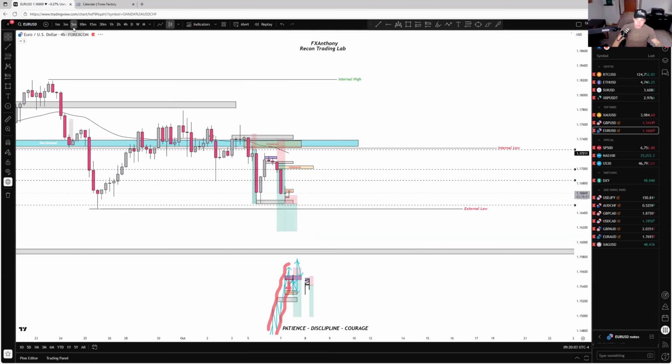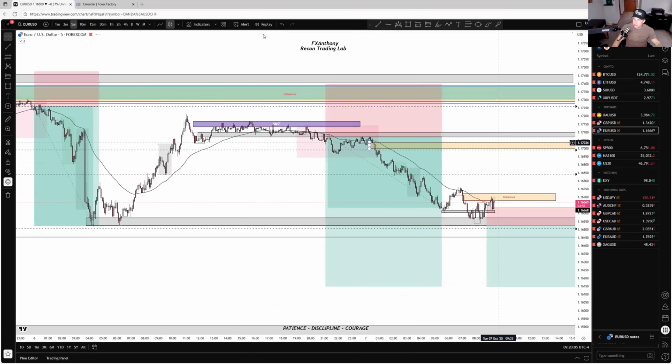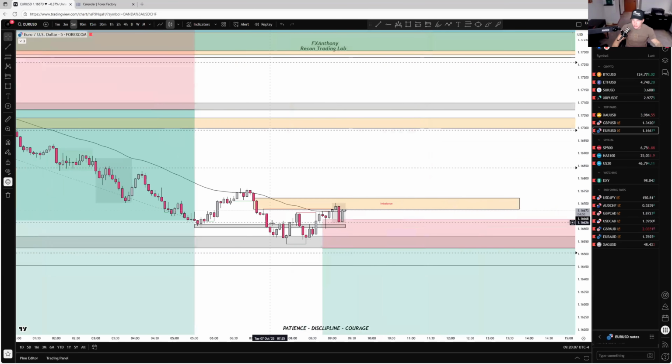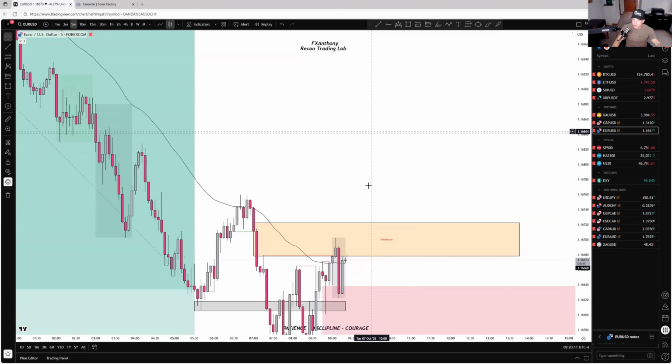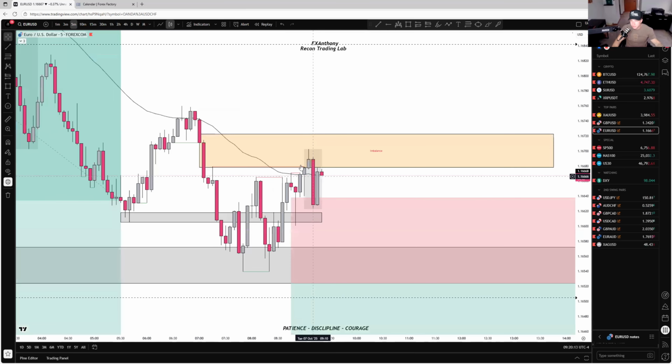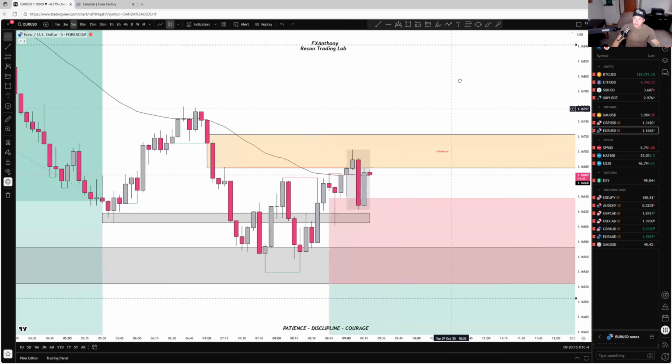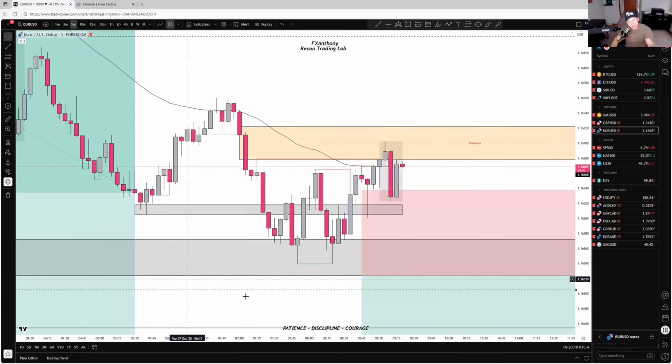20 minutes in. Price has created the buys right here. Look at this. The buys are here, but it's a counter trend trade. So we're not going to take the buys because that's ridiculous. But let me draw it out for you. We're on a 5-minute time frame. If you can't see it on the 5-minute time frame, zoom in and look again.